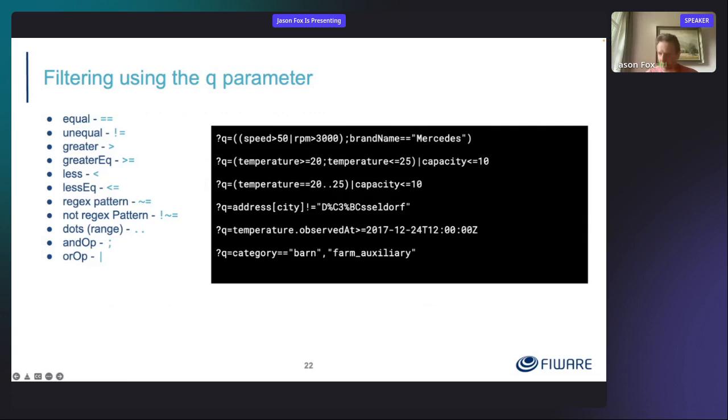Dots is a range, and then the AND operation is a comma. So, for example, the first example is looking for speed greater than 50, RPM greater than 3000, and it must be brand Mercedes. The OR operation obviously is just the OR bar operator, and you can see, particularly looking at the first example, that where there is ambiguity on the ordering of the